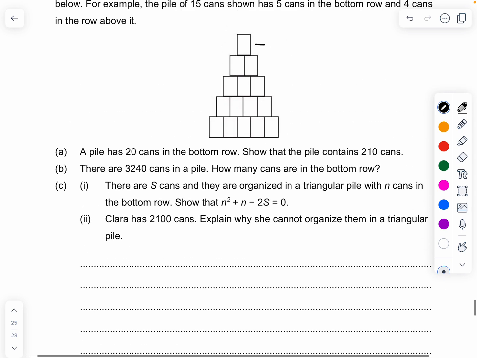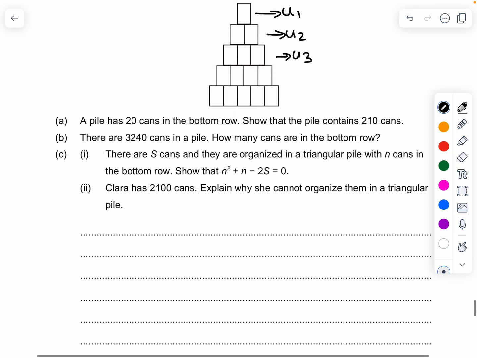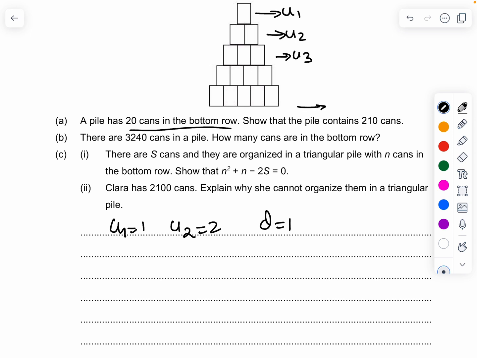So this is going to be U1, this is U2, this is U3. So we come to know that U1 is 1, U2 is 2, so common difference is going to be 1. Now he says there are 20 cans in the bottom row, so that is U20. So we know that U20 equals 20. Now what is he asking? Show that